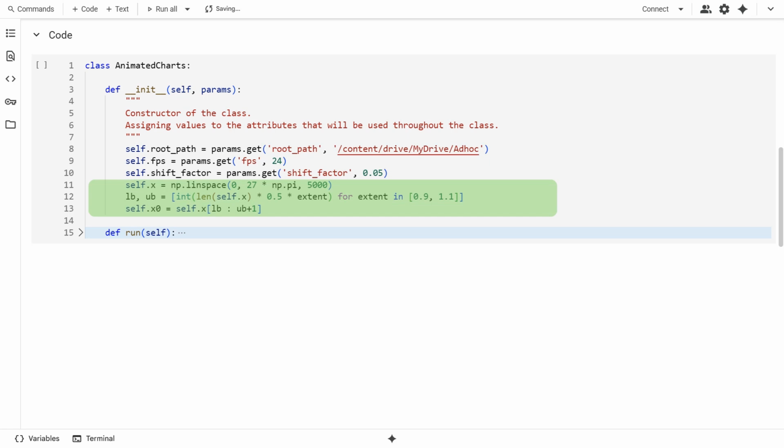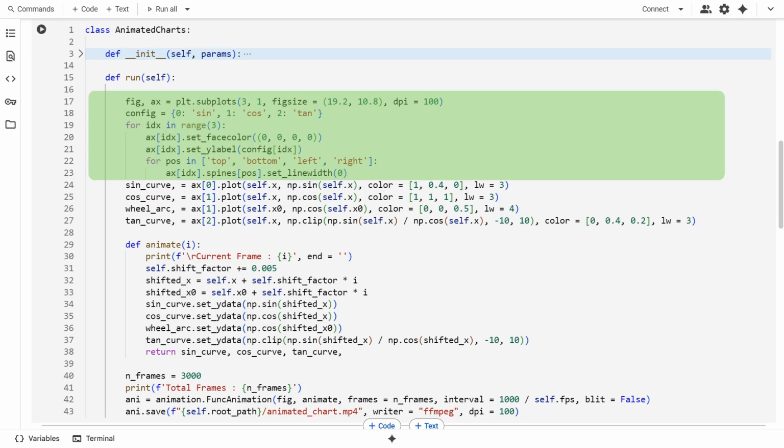We then proceed to create the data for the x-axis. We split the data from 0 to 27 pi into 5000 equal spaces, using the linspace function of NumPy. I have chosen 27 pi, but it can be changed. The higher this value, the higher is the frequency of the wave. For mimicking the blue wheel in the middle, we take a copy of the middle section of the data.